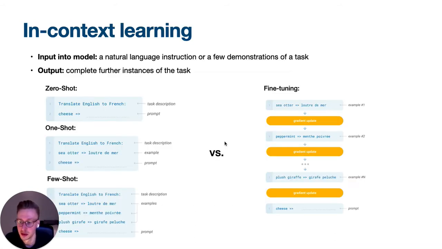And one of the major differences now between, for example, BERT and GPT-3, that I already mentioned in the motivation, is that GPT-3 doesn't need a large supervised data set to fine-tune it for a specific task. GPT-3 works with something called in-context learning, where the model is conditioned on a natural language instruction or description, and sometimes a few demonstrations of a task. And then the model is expected to complete further instances of the task simply by predicting what comes next.